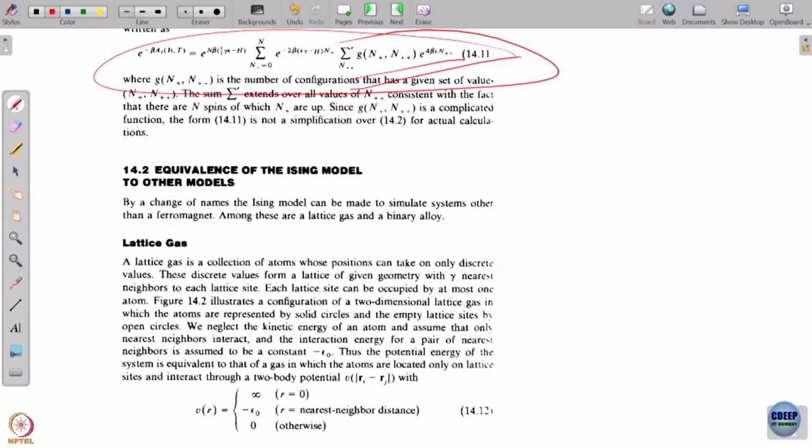Now, before I go to the next step, I want to show the importance of the Ising model, that this is applied to so many different things. One of them is the lattice gas. In the lattice gas, you say, okay, I have a lattice, and if there is a gas molecule, it is a black dot, and if there is no particle, that is empty. I want to model a gas with a lot of empty spaces by that. So, that simple thing